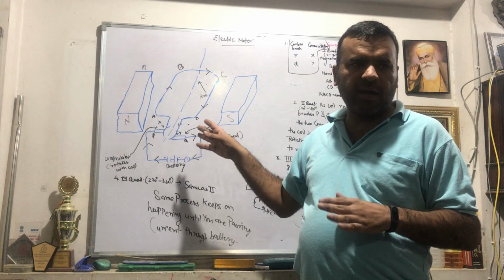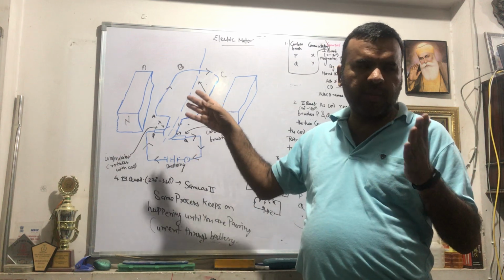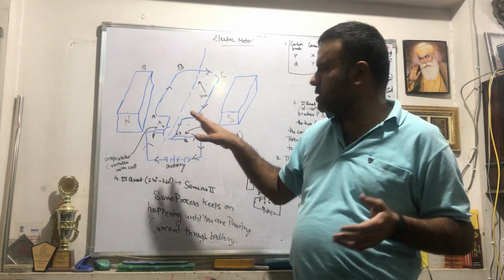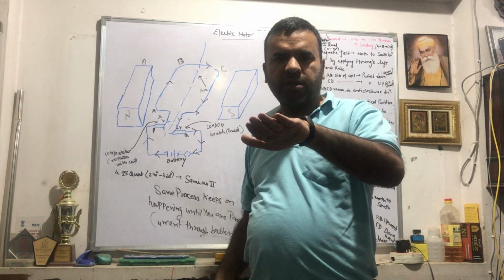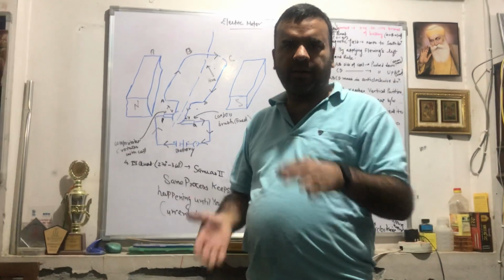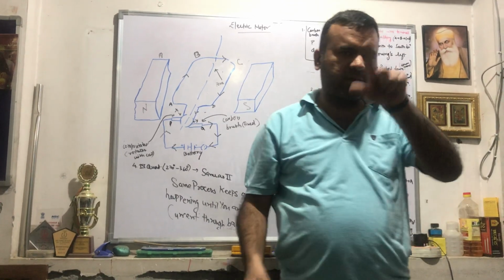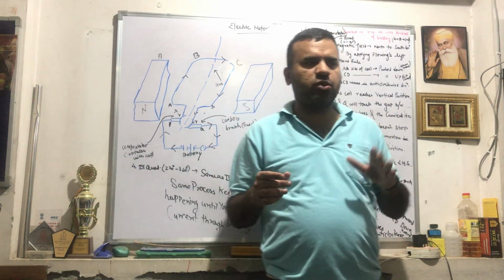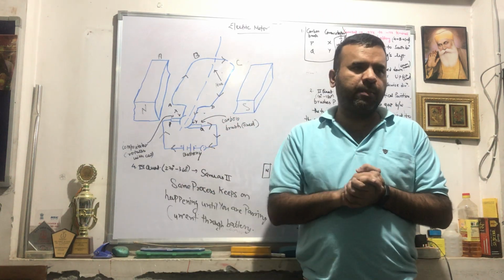So it experiences a force. This ABCD coil will experience a force and it will rotate fully at 360 degrees. And this process will keep on happening until you are supplying current with the help of a battery,